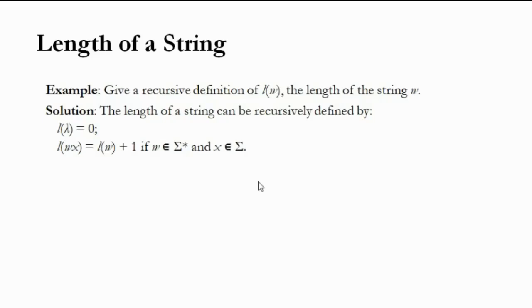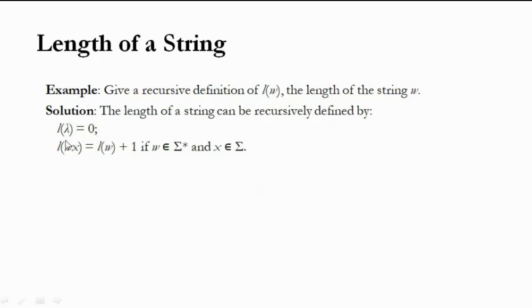That is, first you consider the empty string as 0. So the length of the empty string is 0, plus next, if an alphabet is available, the length of the next alphabet is 1. So 0 plus 1, next alphabet 1, next alphabet 1. Like that you keep on adding, and finally the end of the string is reached. Then whatever resultant value you have, that is the length of the string. So the length of lambda, that is the empty string, is equal to 0.